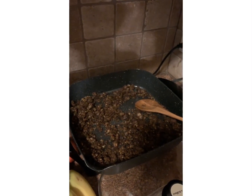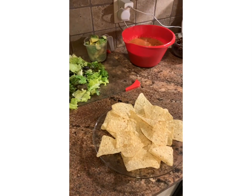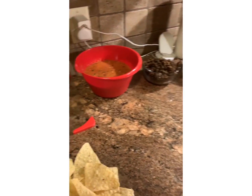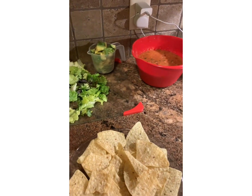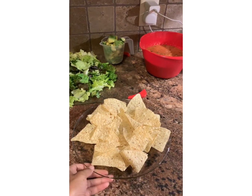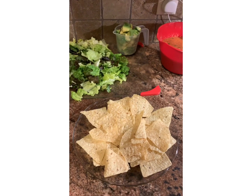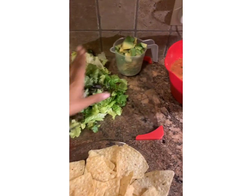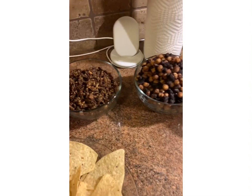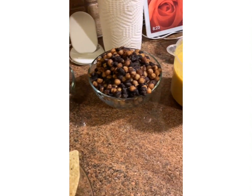Okay guys, so the vegan meat crumbles are done tonight. And what I'm gonna do with my vegan meat crumbles is we are going to have some nachos tonight. So I'm gonna take some white corn tortilla chips, some romaine lettuce, avocado, salsa, the vegan meat crumbles, some beans,